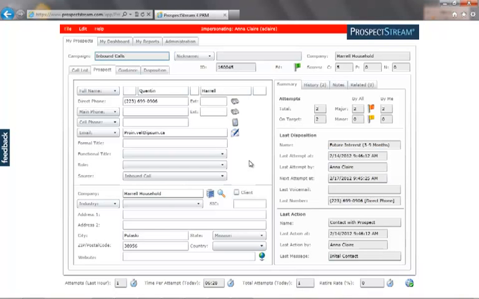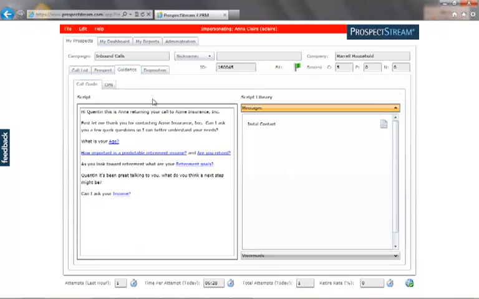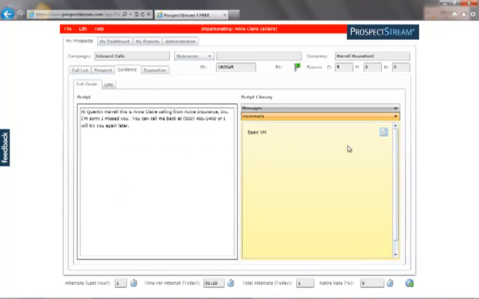In this particular case, we can see Quentin has had 2 attempts previously recorded against him. One of them was a callback, and when we called back, they indicated future interest. And now we're calling again to see if there's any change in that. Again, we can look at the guidance, but let's suppose in this particular case I don't get an answer, so now I can bring up the voicemail script and read the voicemail to him,